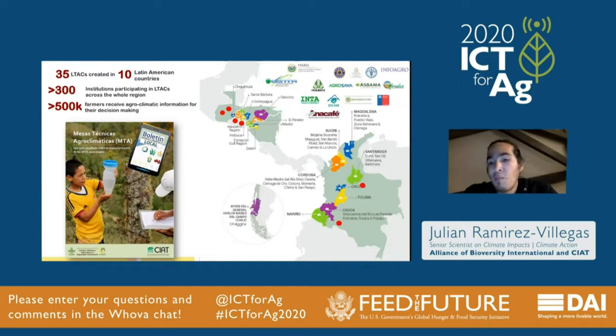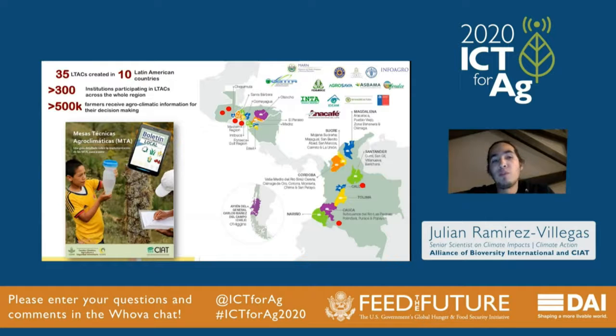Without those, we can create many different kinds of digital services, but because of internet connectivity, because of difficulties in understanding climate concepts, because of difficulty in even just reading and writing, it is going to be extremely complex to reach a lot of farmers. So this is why we've created a combination of digital means with participatory approaches that really help us address these knowledge gaps. These spaces help us build capacity and also translate the prediction into a set of recommendations that then get disseminated through bulletins, through radio, through SMS, through even local churches in some cases,